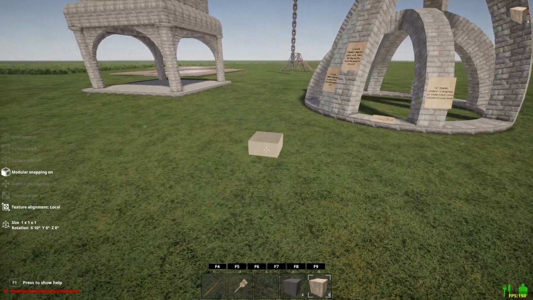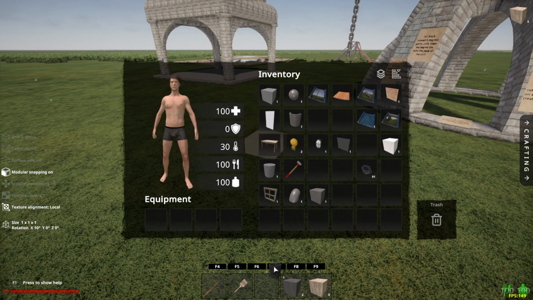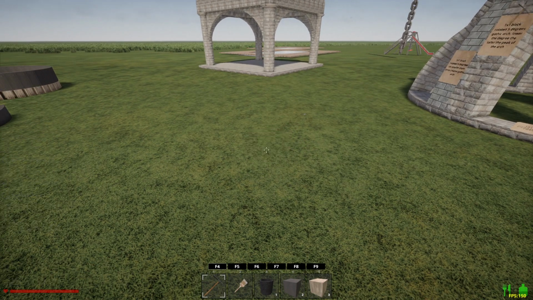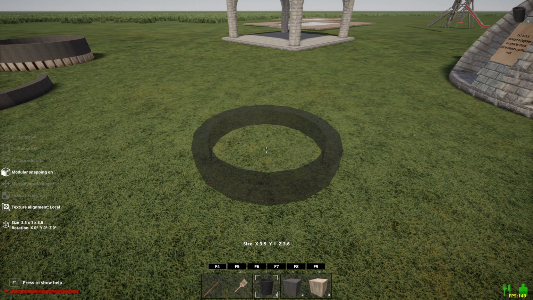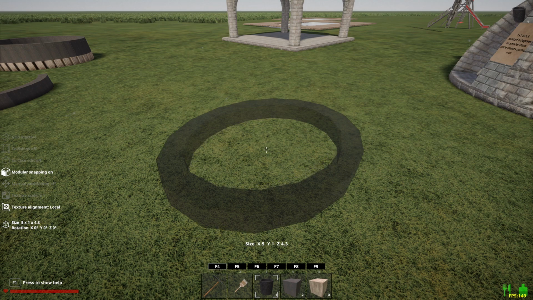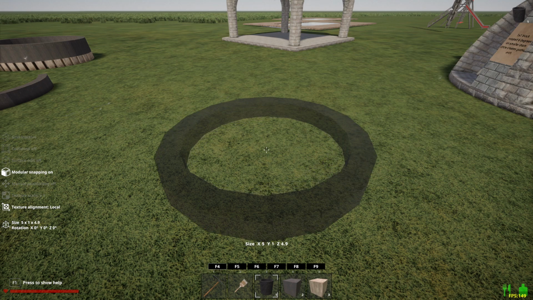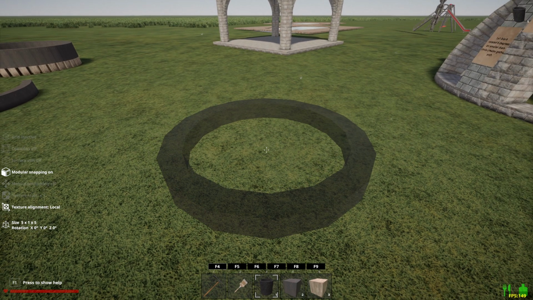Now, again, you can use the circle piece or the half circle piece that is already in the game. Let's pull one of those out. And, you know, you can stretch it out in an oval or make it a big circle. Now in survival, you can only go to 5. So there's a 5 circle, 5 units. So if we put that down,